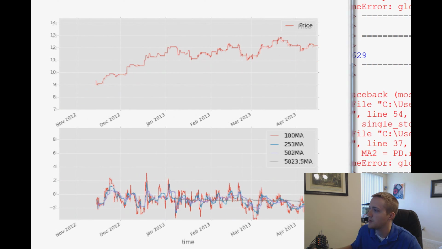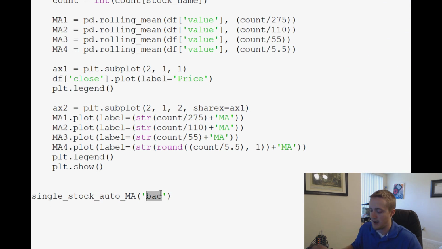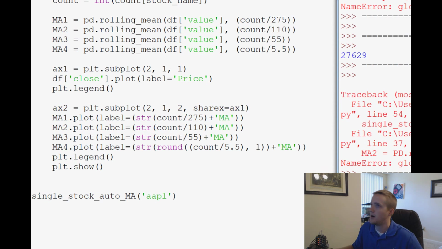Okay, so now let's plot up Apple real quick and see the difference. Apple, or even Google. I'm curious to see Google actually, because I used to be really happy with the Google charts, so I wouldn't mind seeing Google as well. So plot up Apple. Apple has a lot more plots, but our dynamic moving average should be much larger for Apple, yet still be somewhat accurate as far as